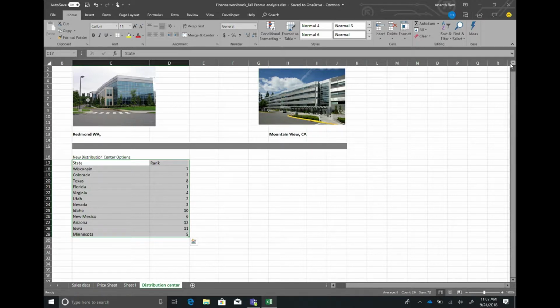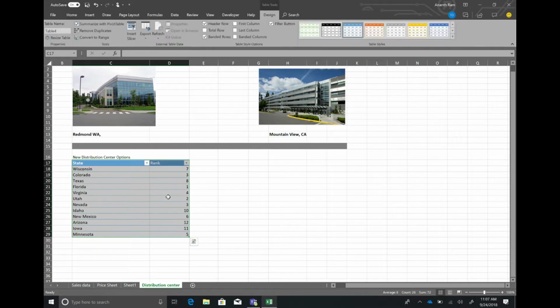Now, I need to look for a state which has the highest density of population, a good business to do, a good area to do business with. So to do that, all I'm going to do is format this as a table. Now I got this as a table,